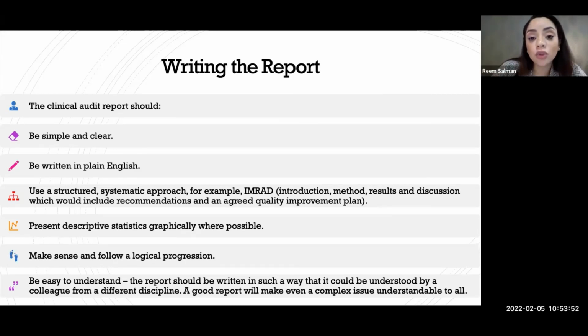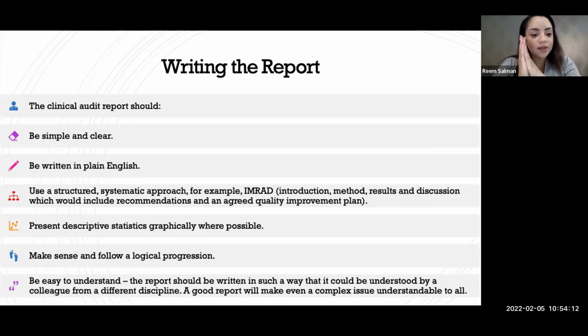So if you write an audit report in that form or in that structure, then your life will be easy. You will just basically copy and paste into that form, and you will copy and paste in any abstract submission or in any conference presentation. So it will just make your life easy. So how can we write the report of the audit?